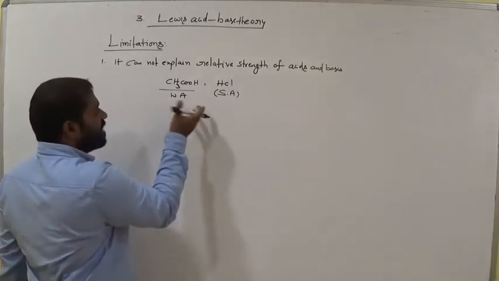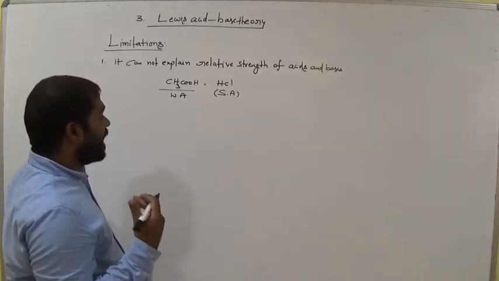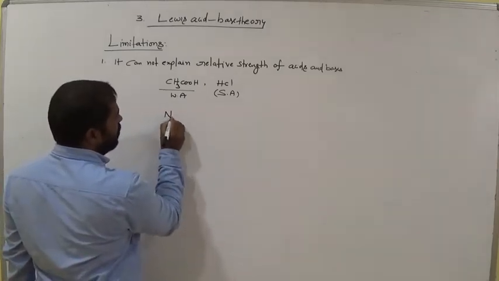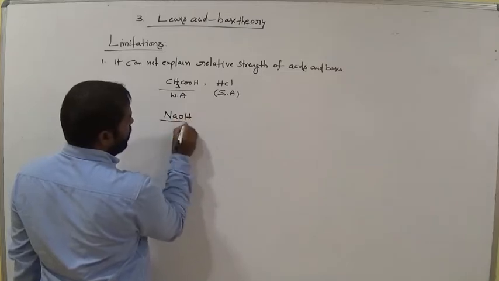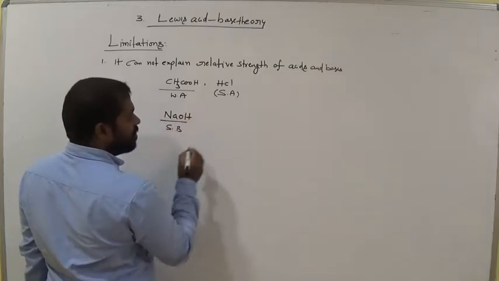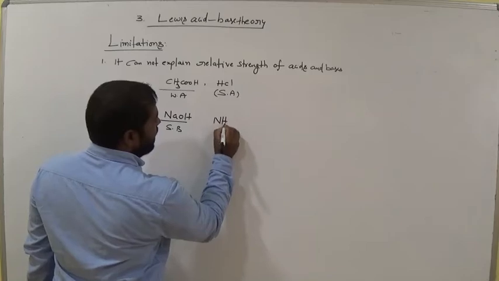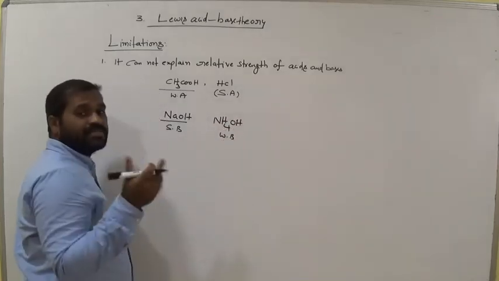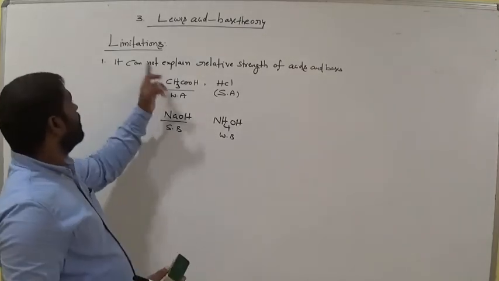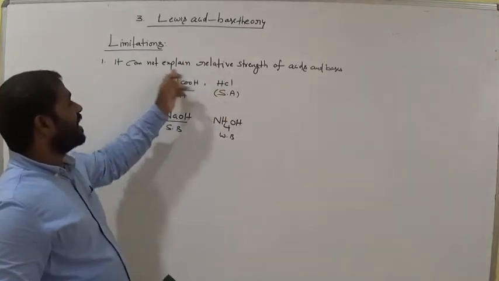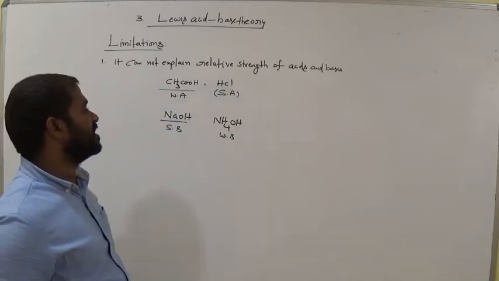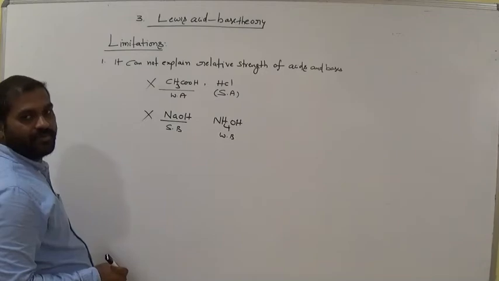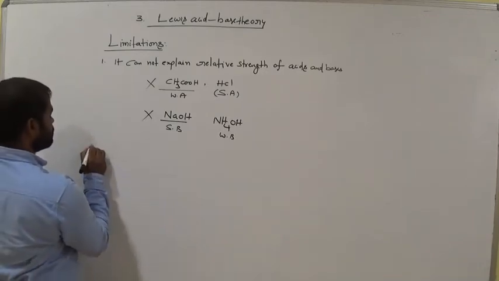So which one is a strong acid, which one is a weak acid, it cannot explain in this theory. So for example, in the case of NaOH, it is a strong base. So what about ammonium hydroxide, NH4OH, a weak base? Such kind of comparison is not given in Lewis acid base theory. It cannot explain the relative strength of acids and bases. Okay, and come to